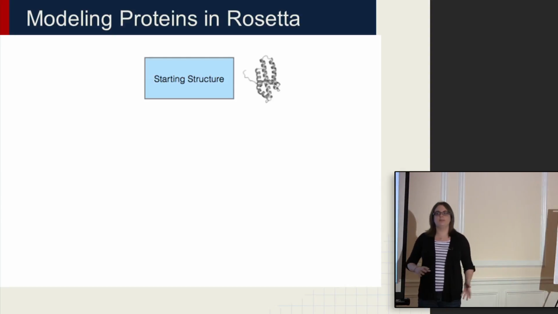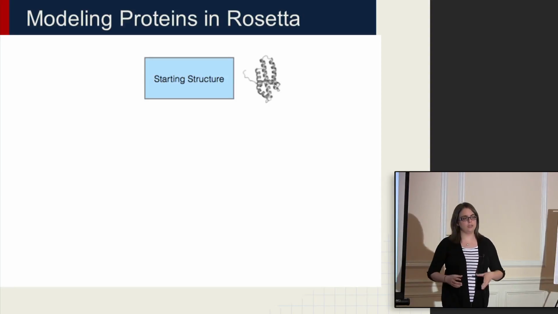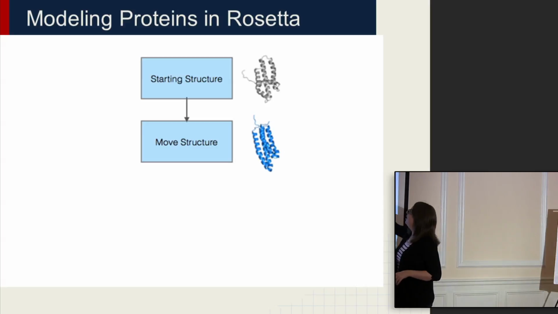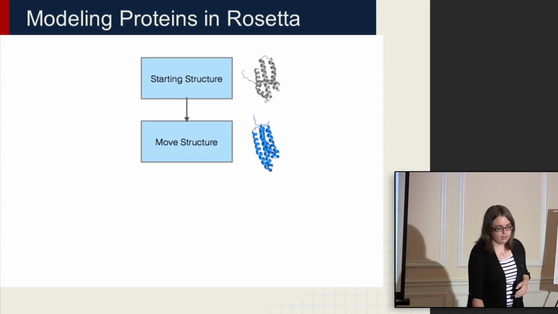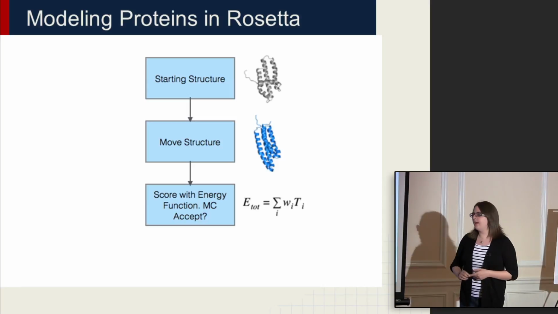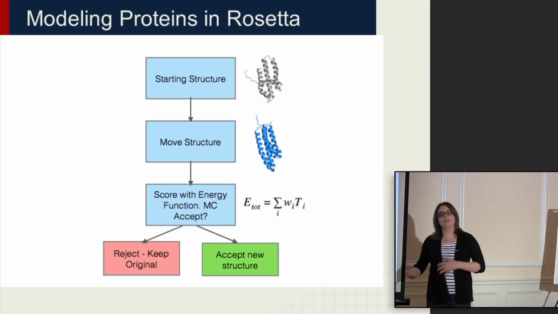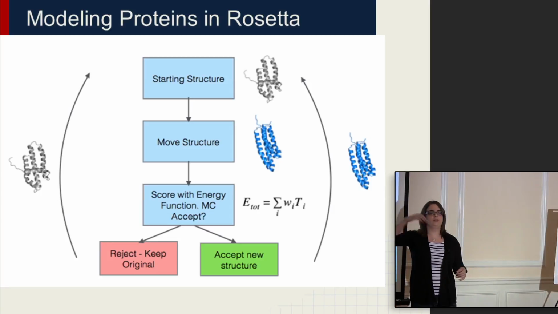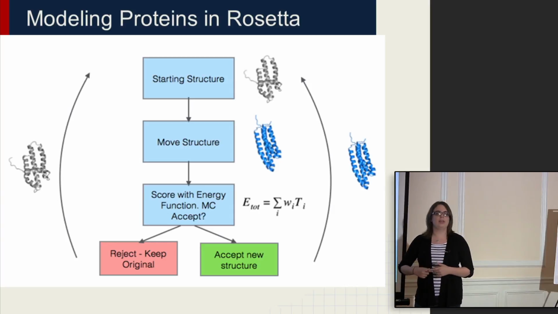I'm not sure if many of you are familiar, but Rosetta uses this Monte Carlo approach. So what you'll do is you'll load in a protein structure or starting structure, and move that protein structure. You can see, in this case, this helix moved from the x-axis to along the y-axis. You'll score the structure, and then you'll use the energy of that structure to evaluate if you should accept it or if you should reject it. And going forward, you'll use that to determine which structure you can use in the next iteration. And Rosetta does this a lot of times. You'll go over and over, and you'll keep moving and scoring and moving and scoring iteratively